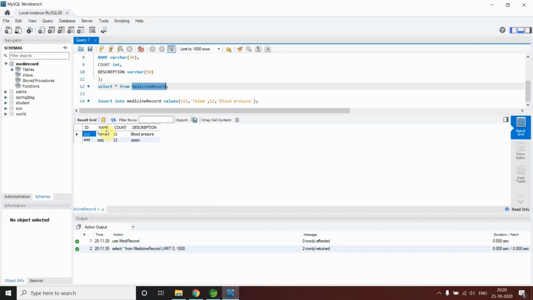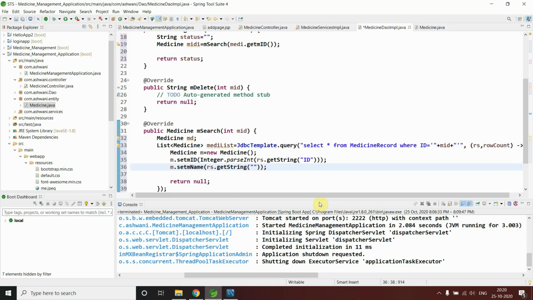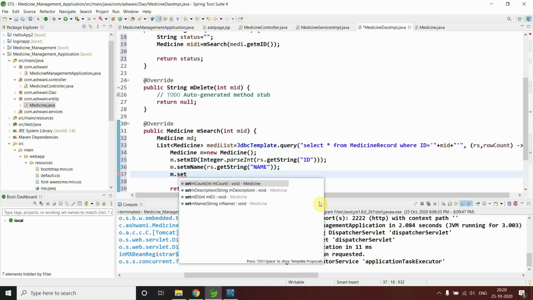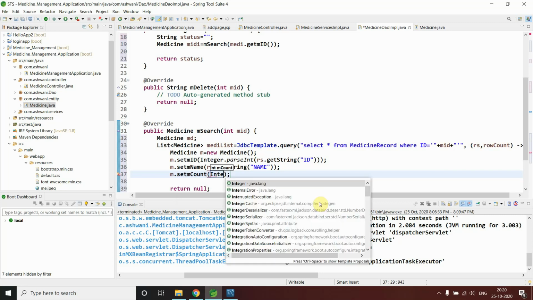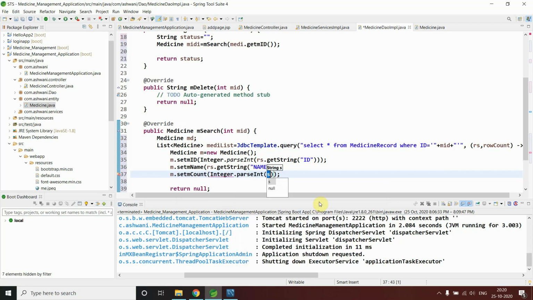See, this is my name, got it? So m dot set again, count. This also I have to do Integer dot parseInt, and I say count.